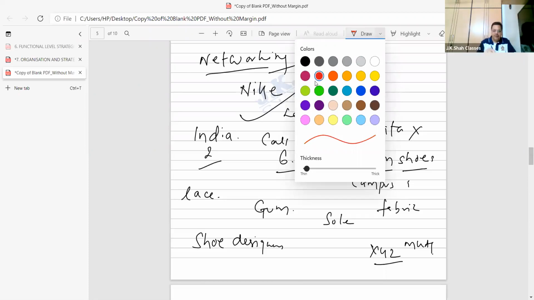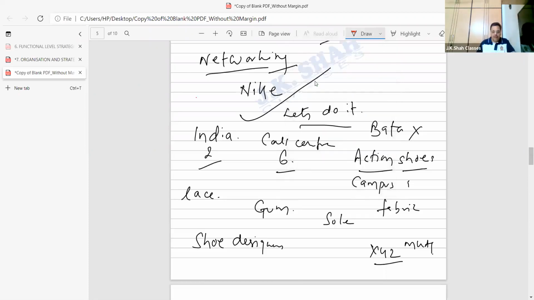Now what happened, beta? Nike tells these shoe designers first, please listen. Okay, will you design sports shoes for us? They said, yes, why not? We are free. Okay, so Nike said, wait. You design shoes on the basis of the way shoes are designed in America. We will give you the Nike shoes. Then as per the requirement in India, you start designing the shoes like that. Done. So these shoe designers will start designing the shoes.